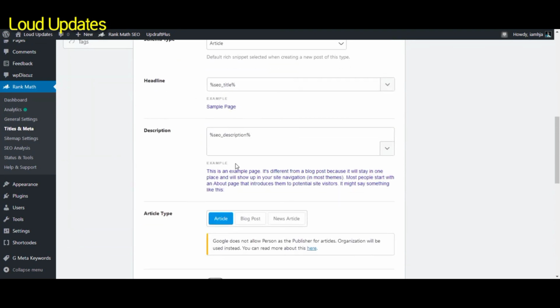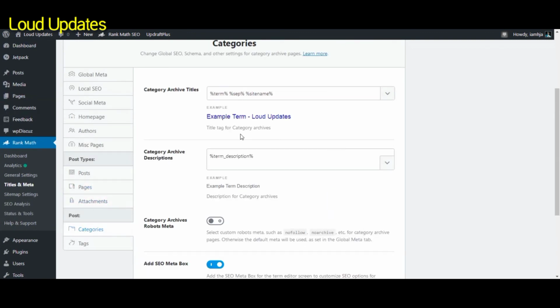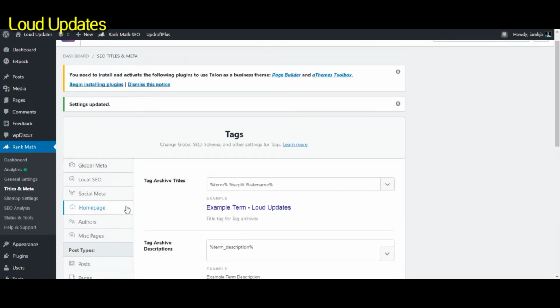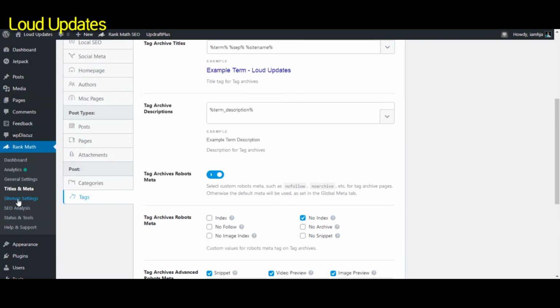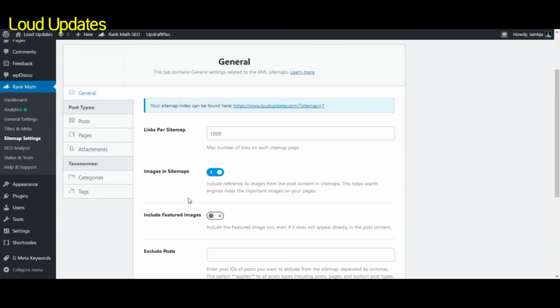Next is pages settings, attachment and category settings. Here you can see tags. If you want to index your tags, then click on index your tags. Next are the general sitemap settings: links per sitemap, and I am selecting 1000.